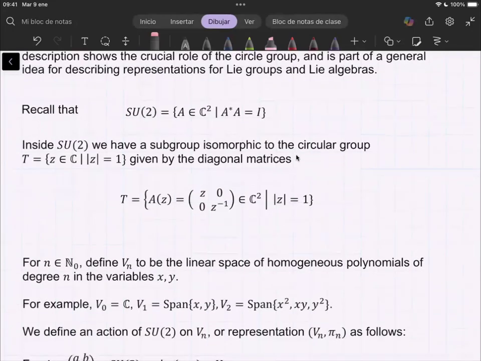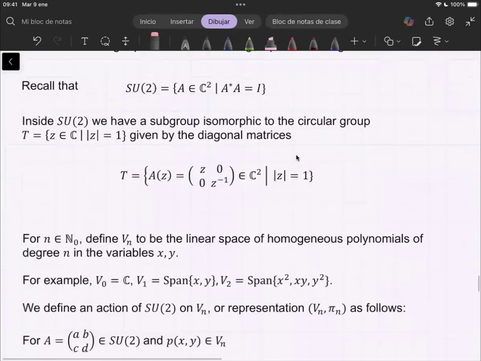So we use a lot the circle group, which is inside the unitary group. The circle group can be seen inside the unitary group by taking diagonal matrices, since the matrix has to be unitary, with entries z and z inverse on the diagonal, and z has to have modulus 1 because we are in the unitary group. Okay,